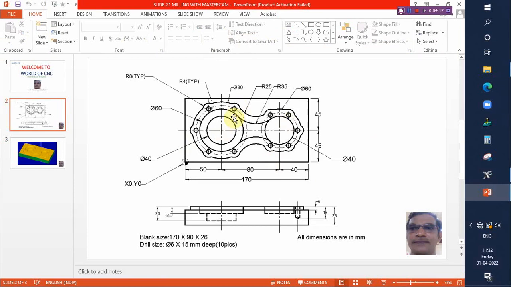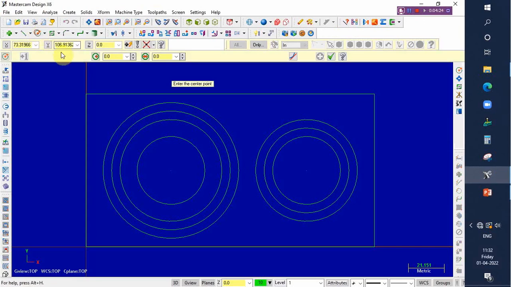Now we are going to create radii on these circles and arcs. For that go to the circle option once again. We just keep the mouse at the middle. On the PCD we need to create circles. Say this radius will be 3 mm. We just enter the radius as 3. Here also we need to create a circle with a radius of 3, and then click the apply icon,